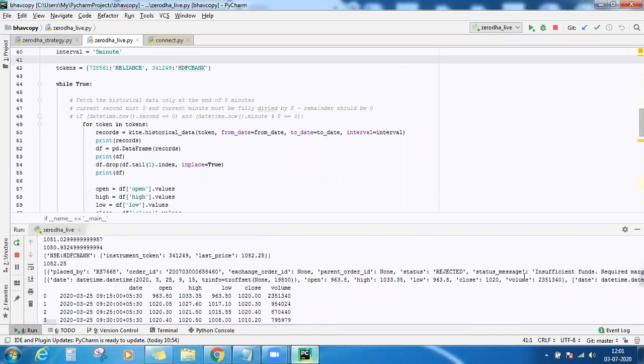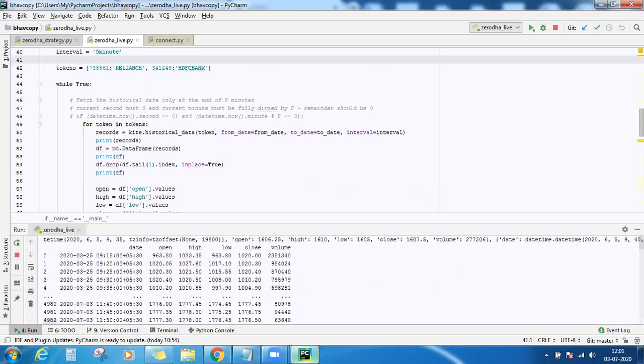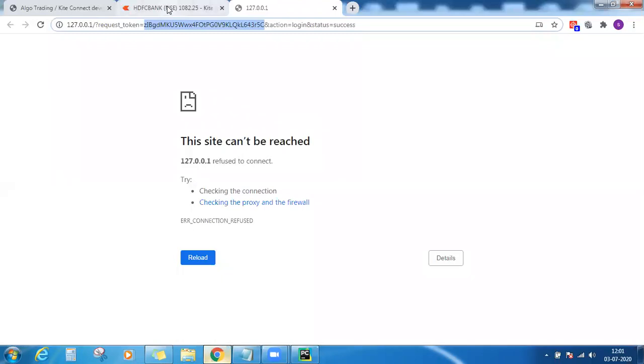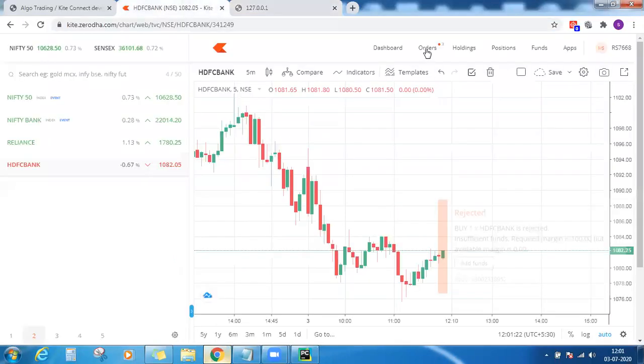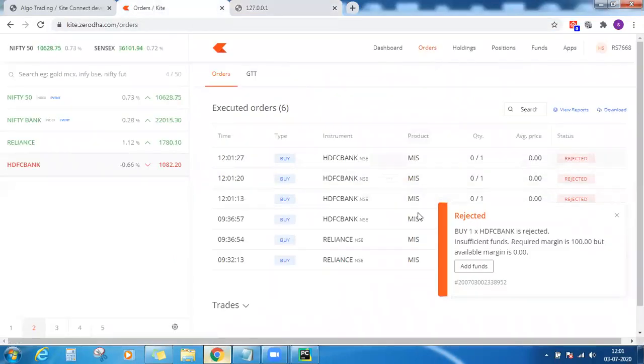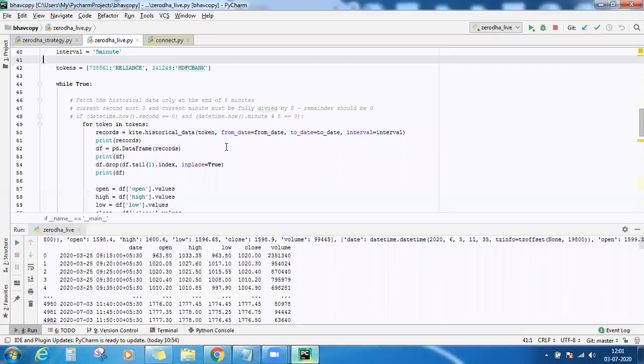So this order I had placed in the morning. So that also it is giving me, and HDFC Bank and Reliance, the orders are being sent to the broker now. See here. So we'll just stop it.